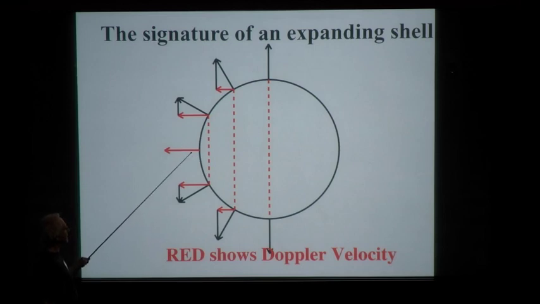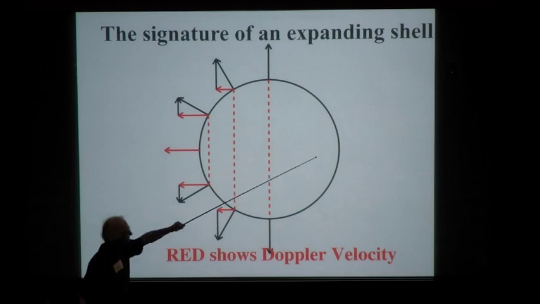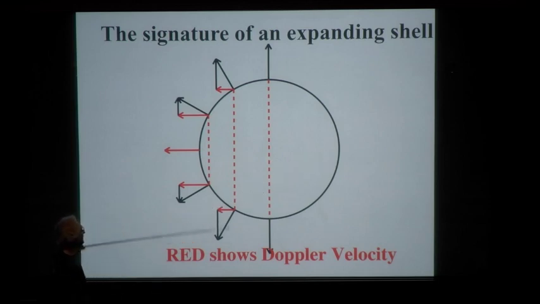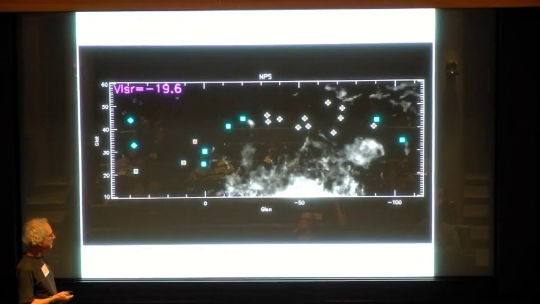At the polar cap, we see stuff coming towards us, and on this side, of course, it's going away from us. And so if you look at the locus of a constant Doppler shift, it's a circle in the sky like that. Now let's see what the actual gas looks like when we look at channel maps of the North